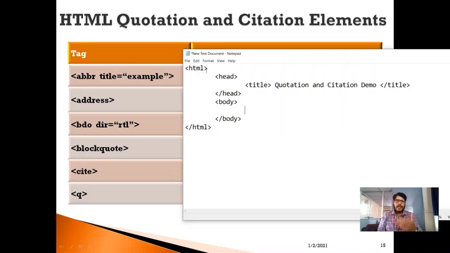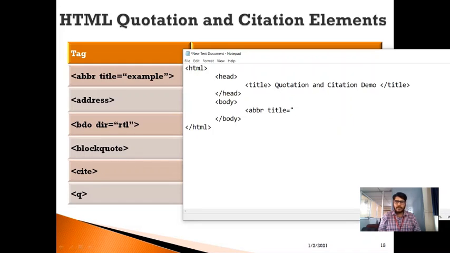And from now onwards, I'm going to place some of the elements within the body of the document. Assume that now I want to implement quotation and citation elements in the web document. So for that, I will include the quotation and citation related elements in this body section. I'm going to include an abbreviation, and I'm going to specify the title for this.